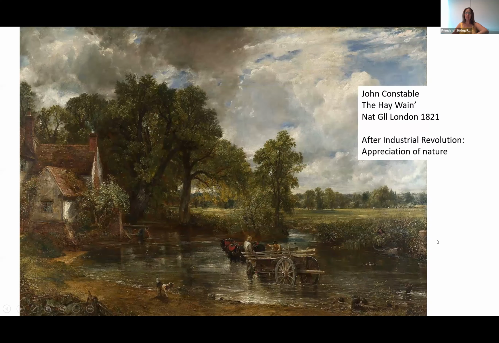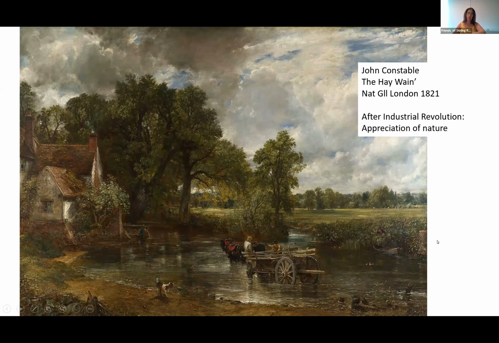Now we're going to see also that artists that come from Britain, like John Constable, are going to be some of the forerunners. This painting, for example, shows you a landscape. And after the Industrial Revolution, artists are going to go back and appreciate nature. They're going to feel that there is a need to go to the countryside. There is this need to capture the atmosphere, to capture light, to capture art, trees and rivers and landscape in